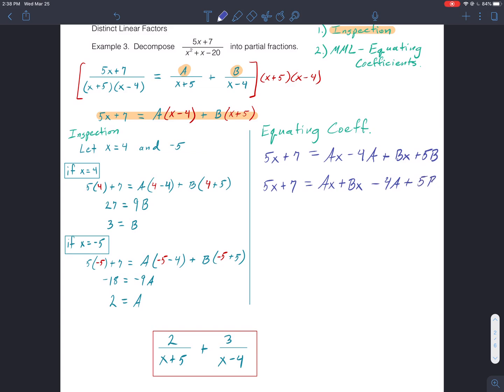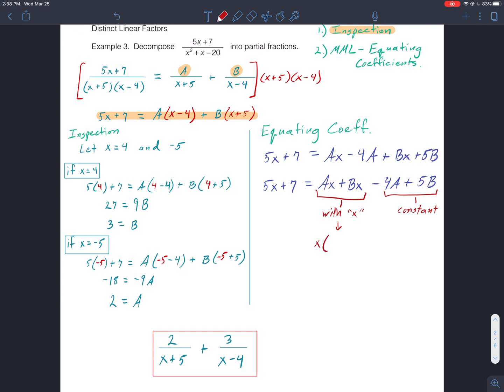Sorry, 5b. So if I've grouped these together, now these two terms have x, and these two terms are just a constant. All right, these are with x, and this is constant. And now I'm going to literally write "with x." There we go. Now, if you compare the right side of this equation, this is the key. You're equating coefficients. If you compare the right side with the left side, the term on the right here that I say with x is technically,